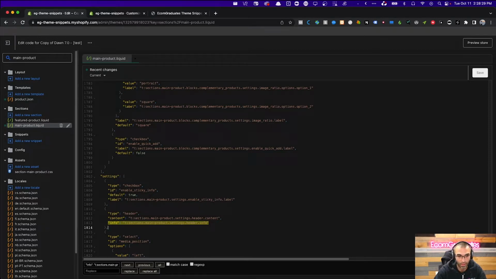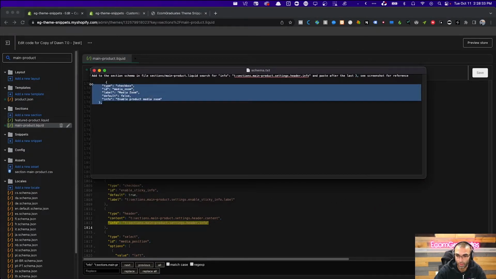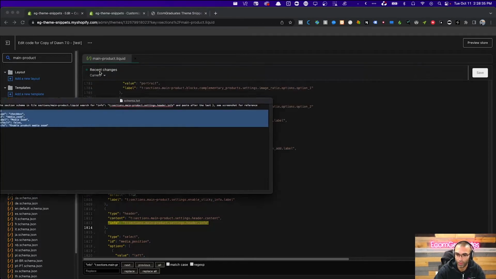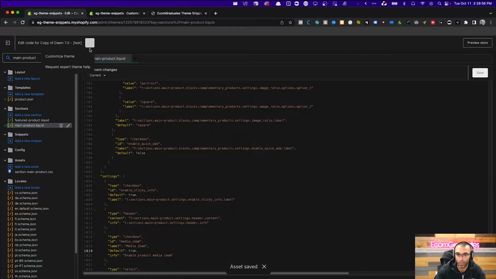This is ending that. So now what we're going to do is we're going to copy this right here, and it will format weird. Just adjust the formatting. It's not going to break anything. I just like to have things formatted properly, and that's it. That's literally all you do, and you just hit save. Now, by default, it's turned off, so it's not enabled. So we can actually change this to true if we want. And then what we can do is we can go into the theme customizer,